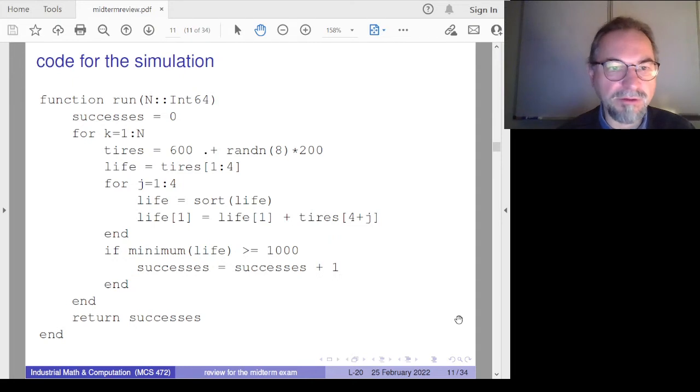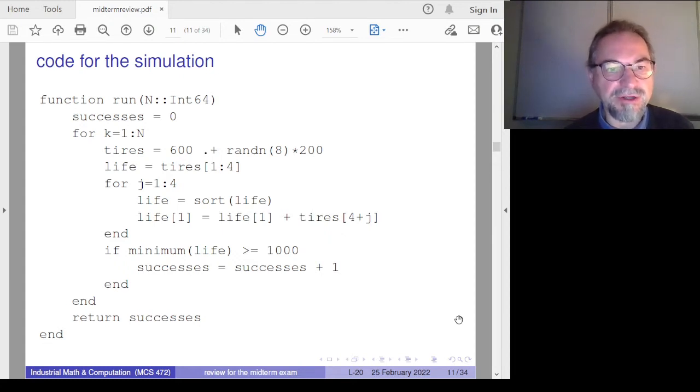That will give us, for the 8 tires, a random selection of the lifespan. So we start with the first tires, and as far as the race goes, the race is not over